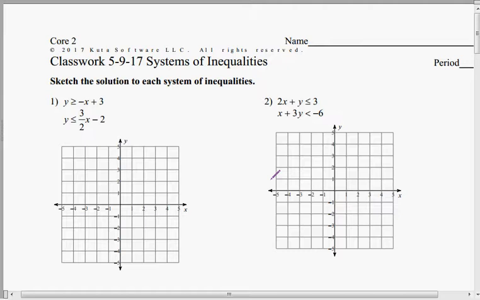Question 1 is giving you two equations in the slope y-intercept form. y equals mx plus b, or in this case, y is equal to or greater than the slope times x plus the y-intercept. And that's exactly what I'm going to use for the first equation. So I will start with